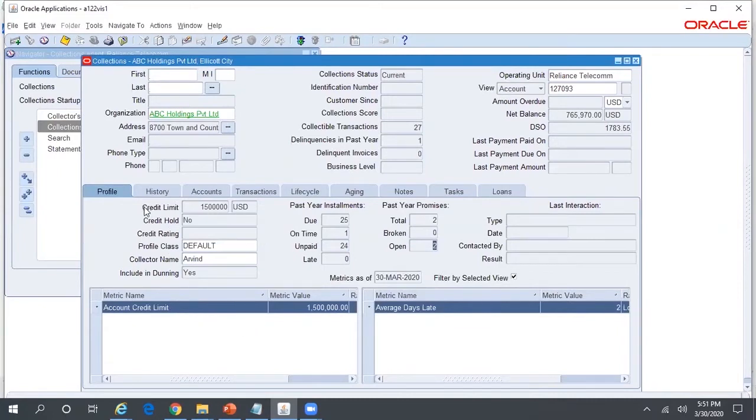Now let me show you from where the system is pulling these details: credit limit, credit hold flag, credit rating, profile class, collector name. These are all coming from the customer master. So let us search for this customer and then check these values.